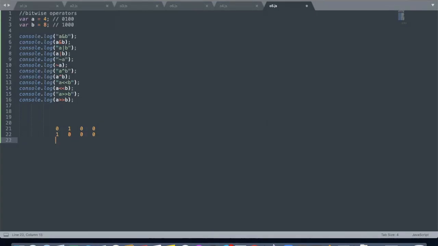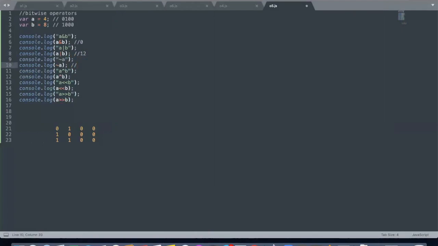In the AND operator, it is actually a multiplication. So let's see. 1 into 0 is 0, 0 into 0 is 0, 0 into 0 is 0. All of this sums up to 0 only. So that's why the answer is 0. In OR, we actually add. So 1 plus 0 is 1, 1 plus 0 is 1, 0 plus 0 is 0, and 0 plus 0 is 0. So this all sums up to 8 plus 4, that is 12. That's why I'm getting the answer 12.